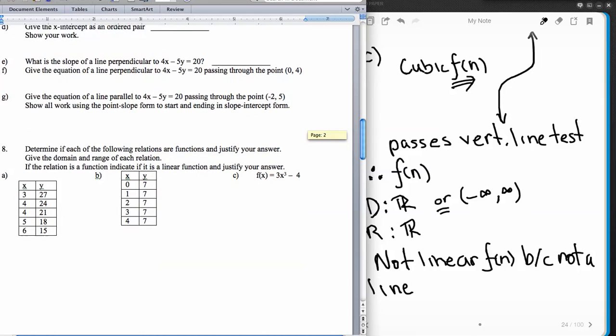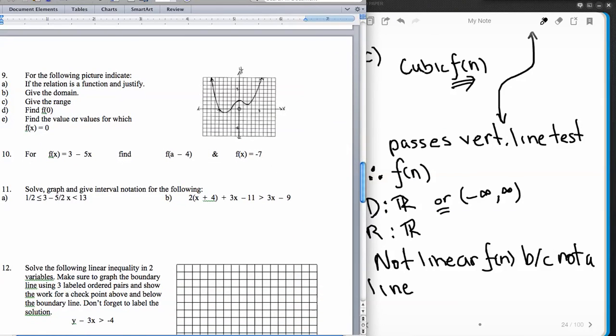So let's move on up to number 9. Number 9, we're looking at